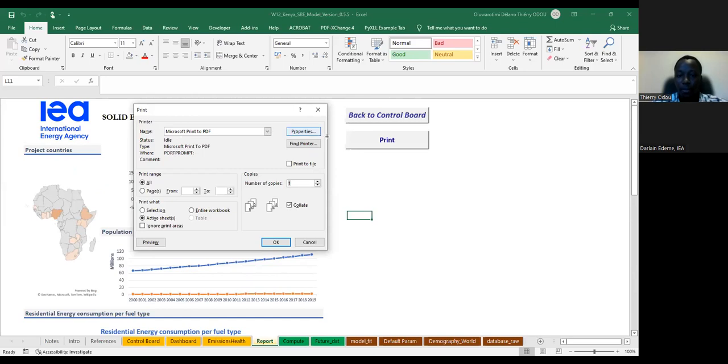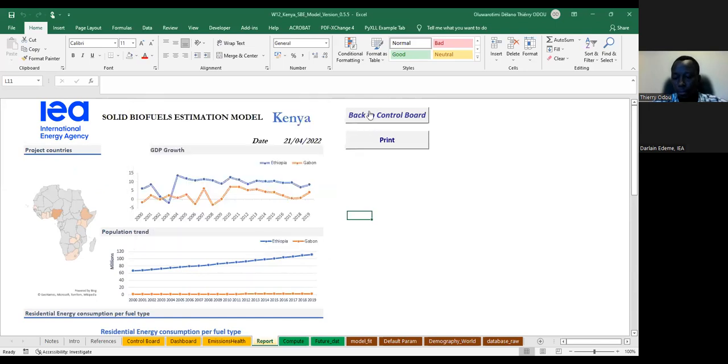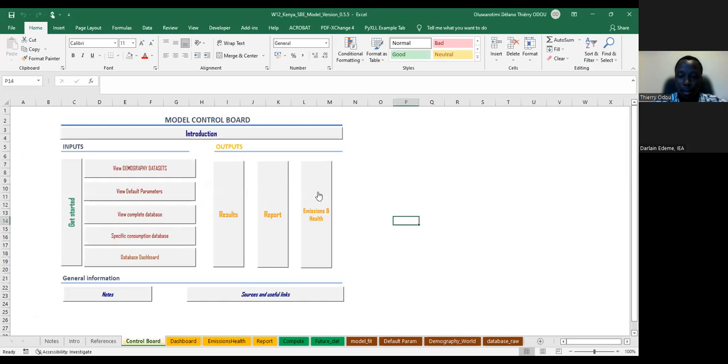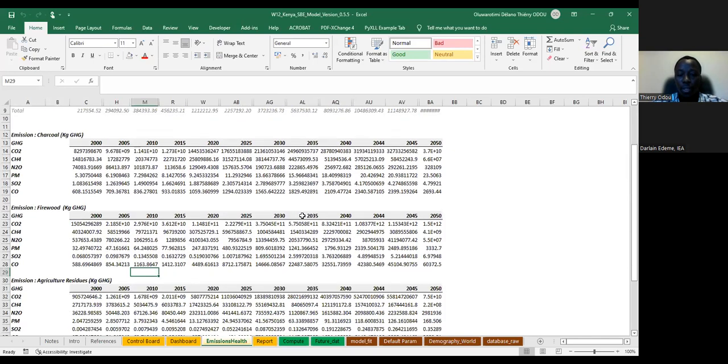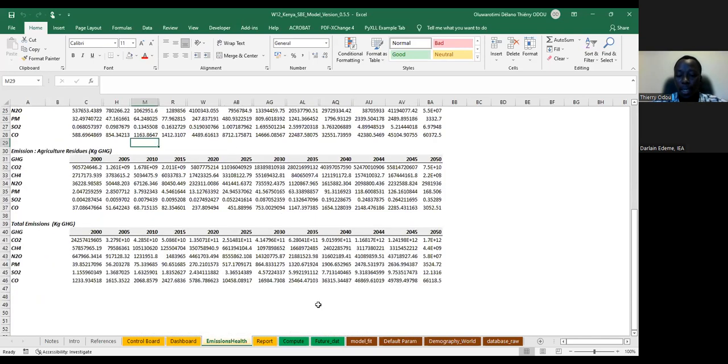And then when you print it, you can use the PDF for various communication purposes and presentations. And so when you end with this, you can go back to the model as well. If you want to see in detail what is the data behind the